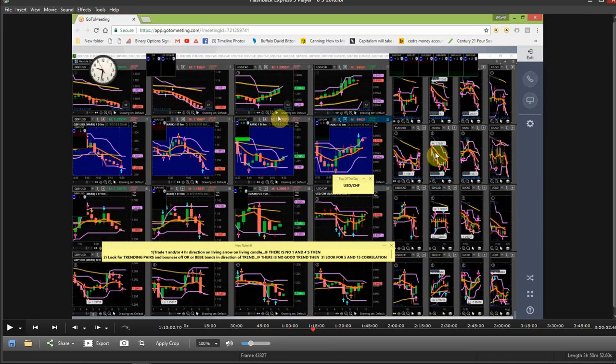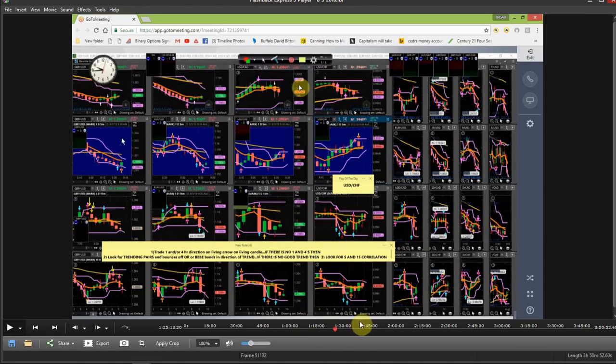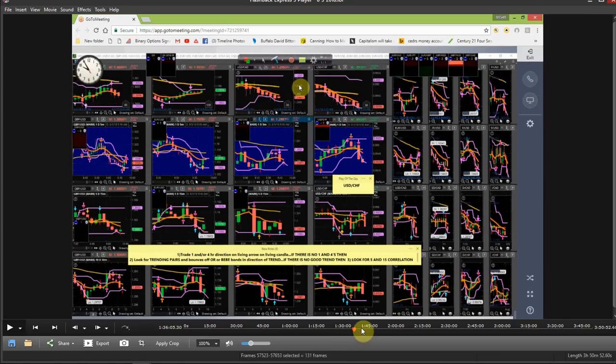Like on the EU right there, got a 1 and a 4 down. Where do you think it's going? It's going down. It's going to bust them, and it's going to stay below this orange road. You get strong signals up right here, this sucker's going to go up above the orange road, but you don't have a 4 hour correlating with it. So we're going to see if it's going to continue down.